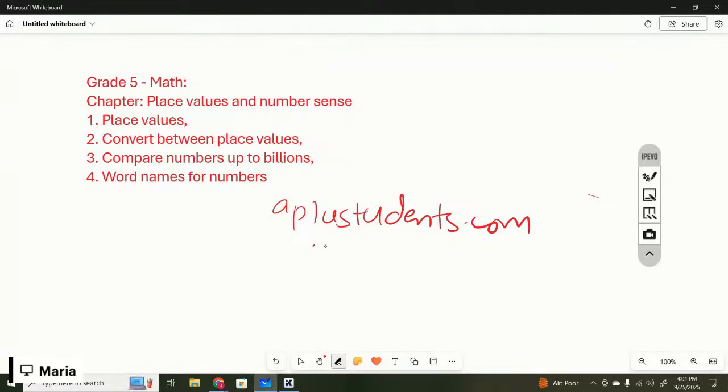Then you have to select math from the subject tab, scroll down to grade 5 math, and then click on view all lessons. There you can find a list of the chapters. We're going to start with the chapter place value and number sense. The lessons we're going to cover today are